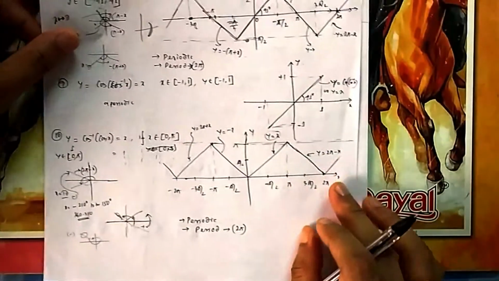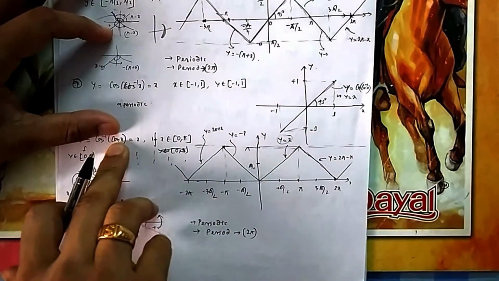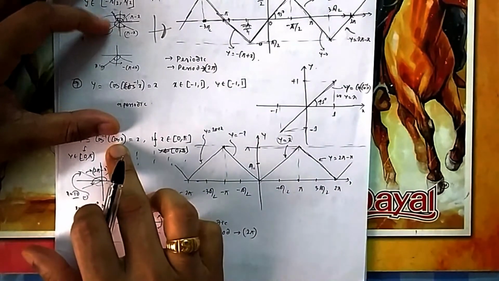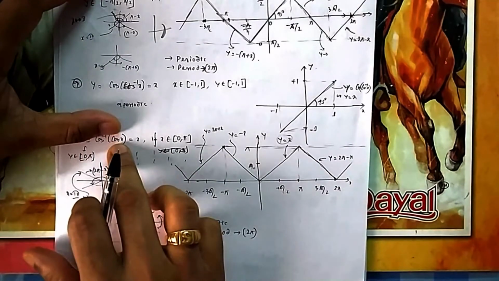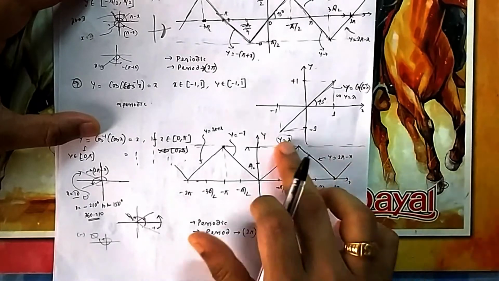No need to remember this one. You can just recall it in this way. Up to pi you know. Then you think 2 pi. Cos 2 pi. What is the value of cos 2 pi? Cos 360 degree, 1. Okay. So what is cos inverse 1? 0. So that's why it is coming at 0. So it will come to 0 degree angle. So that way you can think also.